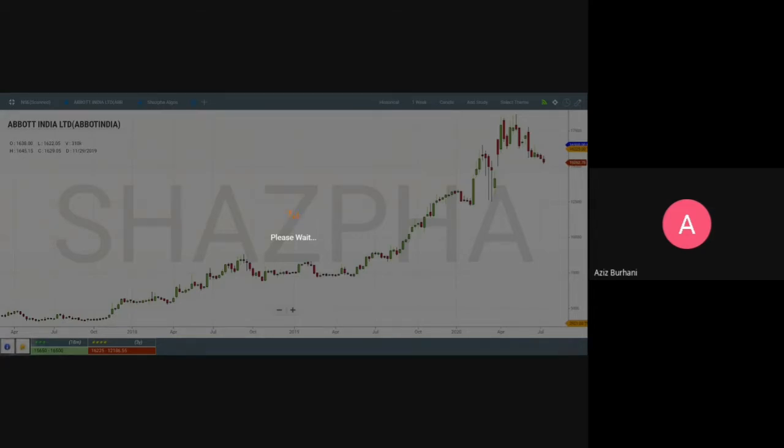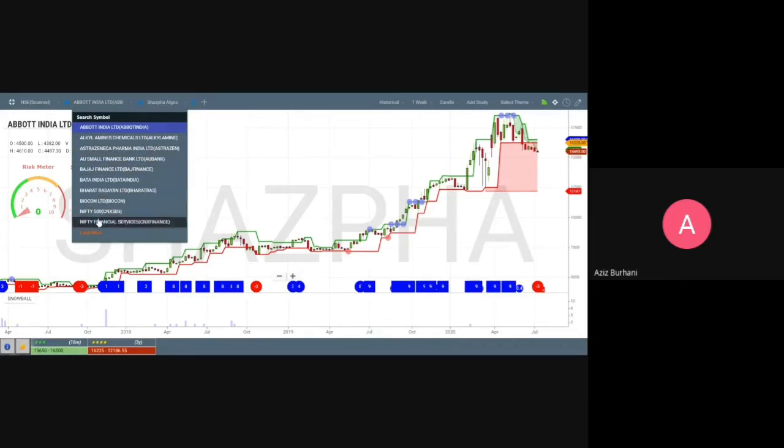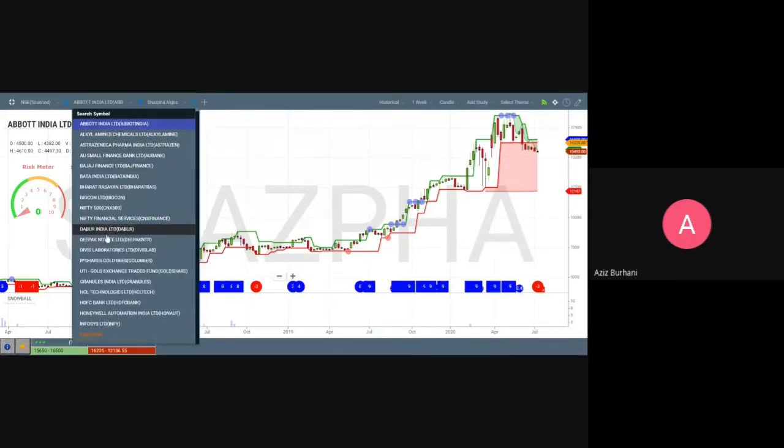Okay, so I told you, the fewer items you have on your default template, the faster it will allow the chart to open. So here, if you see, these are the 43 items that were there in the Shaspa Star Scanner. So this is what happens.